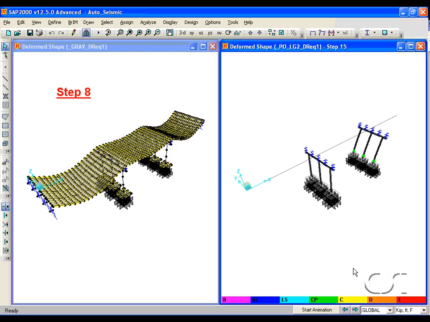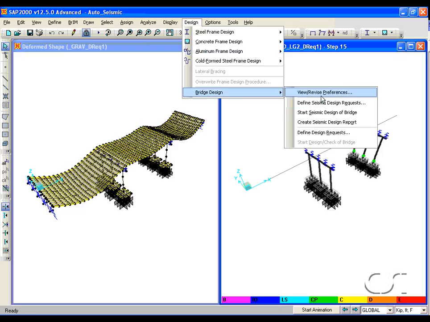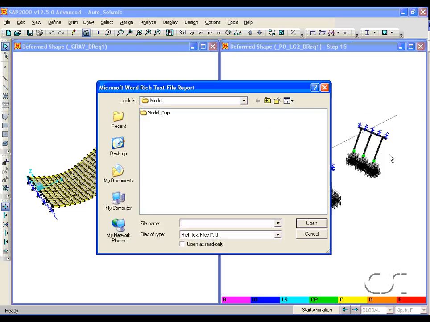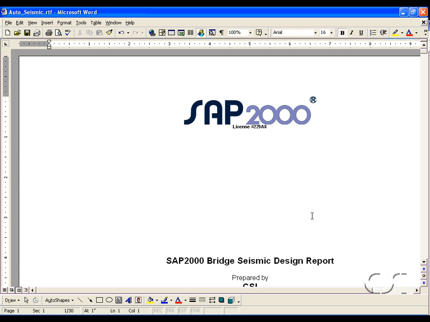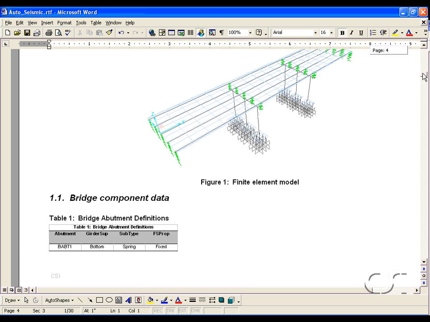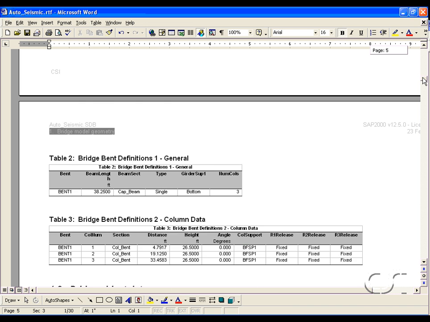The last step is to generate a seismic design report. The program will generate a comprehensive report with a single click. Go to the Design, Bridge Design, Create Seismic Design Report command. The report includes a complete table of contents, images of the model, bridge data,